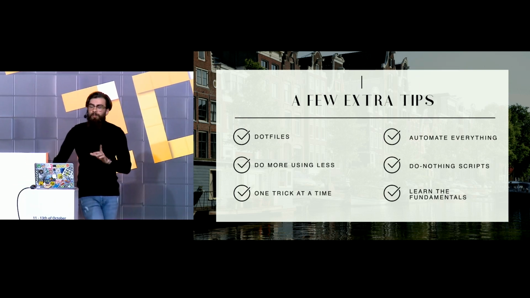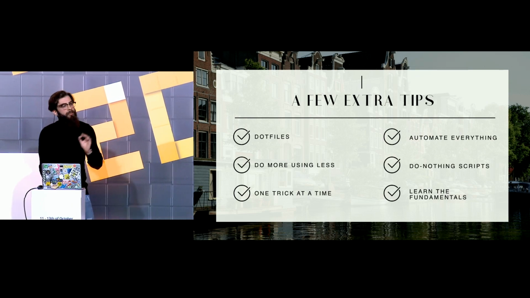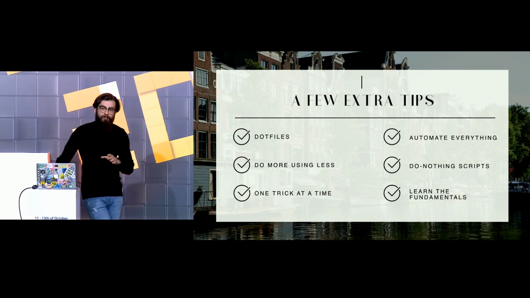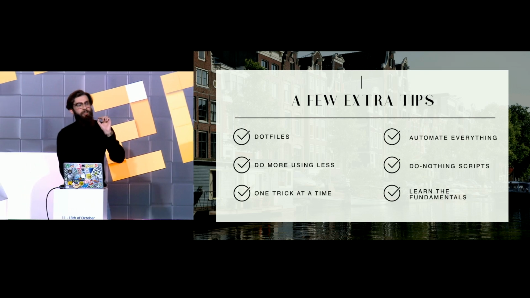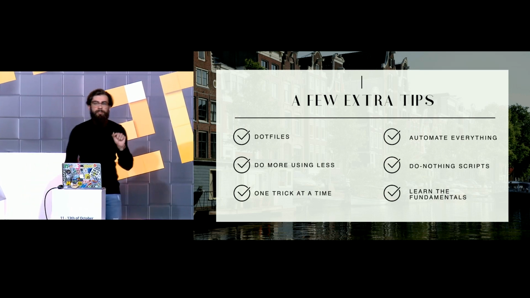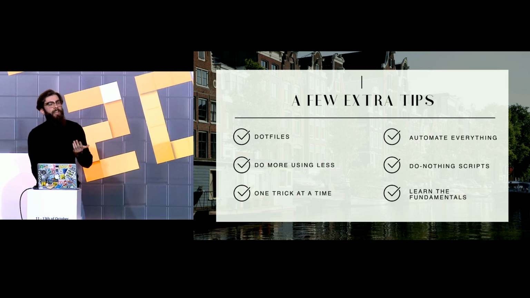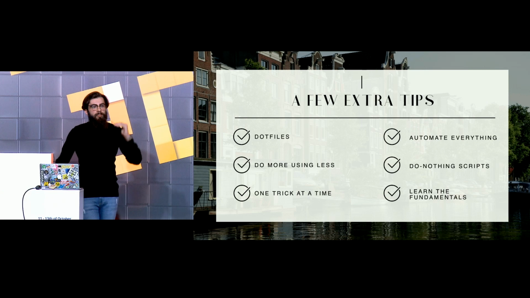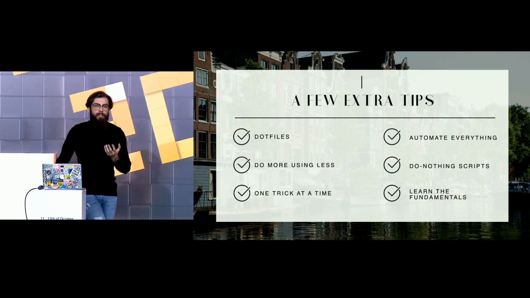And if you don't have the time to automate it or you think it's not worth it, a very nice tip that I got these days was to do nothing scripts, which, as the name says, do nothing. All they do is provide you instructions which you can step through. So you just echo things and you wait for the user to press enter so that they won't forget the steps of those tasks. And because you have that, you can automate them gradually. So if you have a step that you know, oh, I can automate this very quickly, you go on and automate that. And next time you run the do nothing script, that part is automated. You run to the next one. Oh, maybe I need to do this manually. So you go on, do it manually. And gradually, you can automate the things you need.